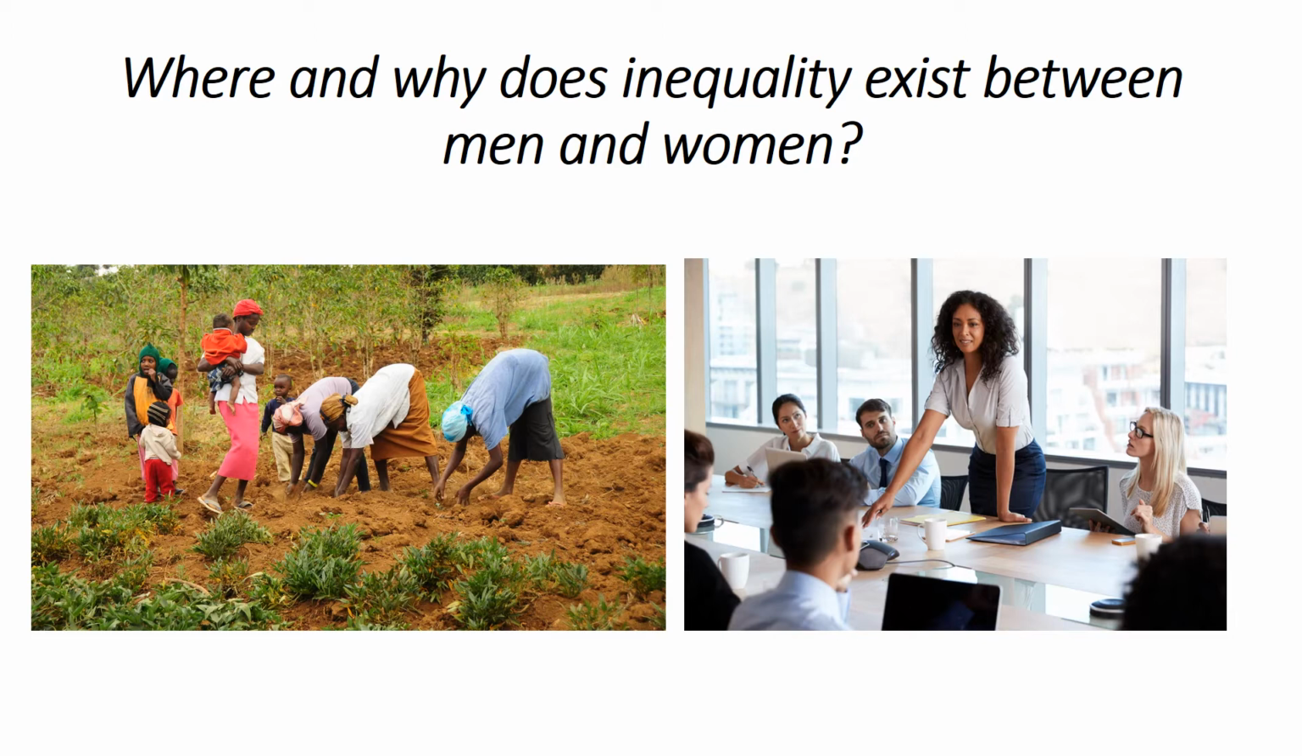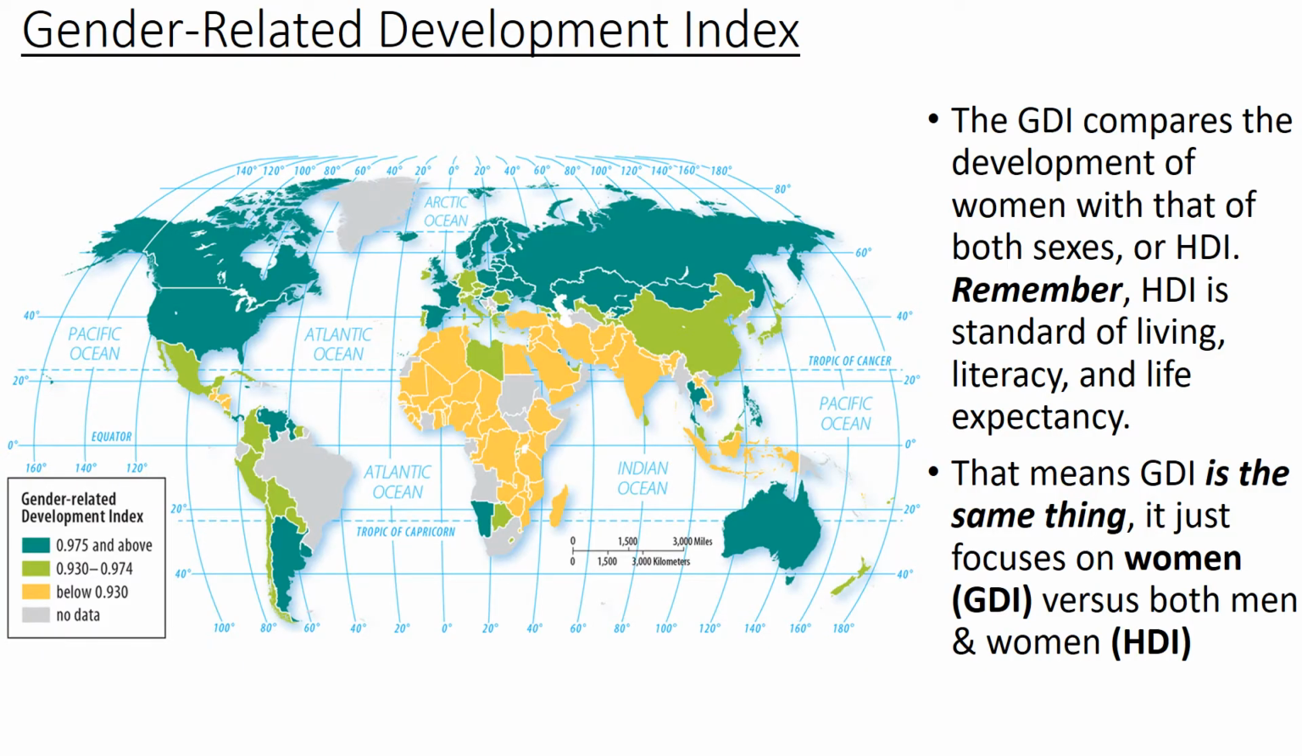So first off, to find inequality, first we have to figure out, can we even identify it? And that's what we use the Gender Related Development Index for. The GDI is the same thing as the HDI. But the GDI takes the same measurements of HDI, the standard of living, literacy, and life expectancy, and only applies it to women. Now, the thing about the GDI is that it's going to compare it to the HDI